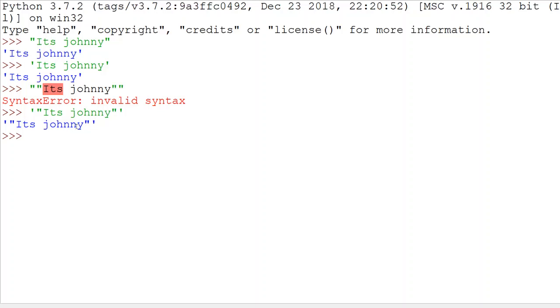So it can be the same way the other way around. If we want to say "it's Johnny", but this time using a single quote, using double quotes will fix any problems that we may run into. So let's say that we want to use single quotes when we have a single quote inside of the quote. To do so, we want to use a backslash to declare that the single quote inside of the quote is part